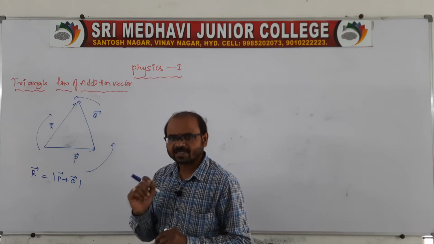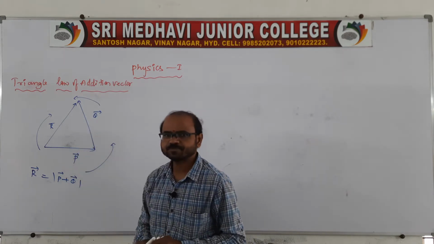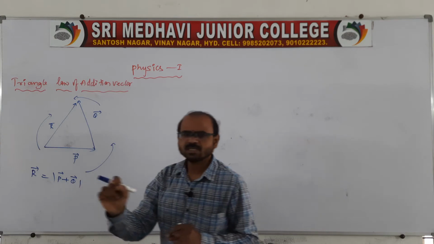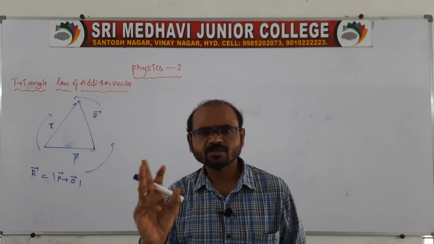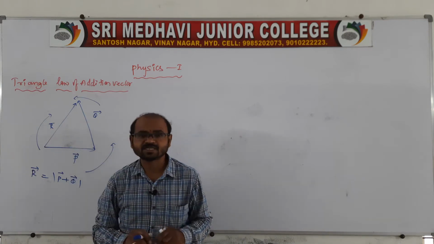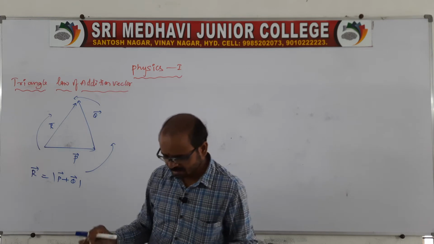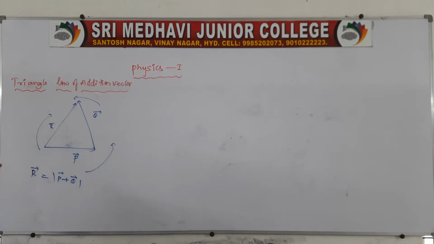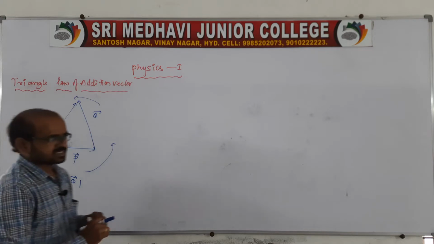The two vectors are represented both in magnitude and direction by the sides of a triangle, because these two are sides of a triangle. The triangle has three sides: one side P, another side Q, and the other side, which we can call the closing side of the triangle, taken in the reverse order. Taking it in the reverse order, the resultant is also represented both in magnitude and direction. Therefore the closing side, or the resultant, is also represented both in magnitude and direction.